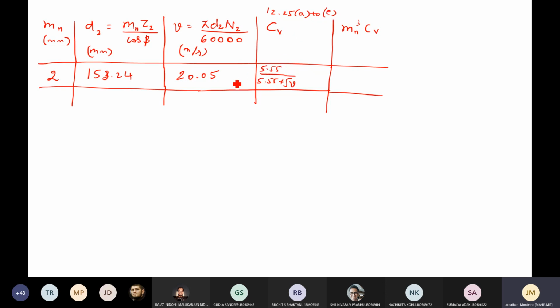Here it is greater than 20 meters per second, so this formula is applicable, and you should get around 0.55. So mn cube Cv will be 4.424. Now this is quite high,